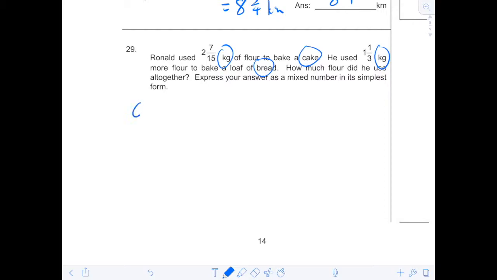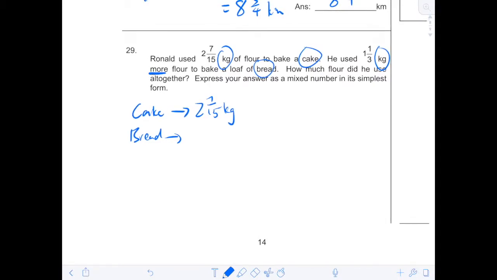Okay, so the cake, he used 2 and 7/15 kg, and then the bread, he used 1 and 1/3 more. See, the word more is very important. So if it's more, you just have to take this and add the 1 and 1/3, 1 and a third in. Okay, so from here